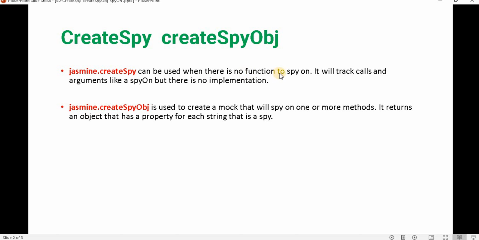It can be used when there is no function to spy on. It will track calls and arguments like spyOn, but there is no implementation. Similar to that, jasmine.createSpyObj is used if you want to call more than one method. So let's see how we implement these two methods.